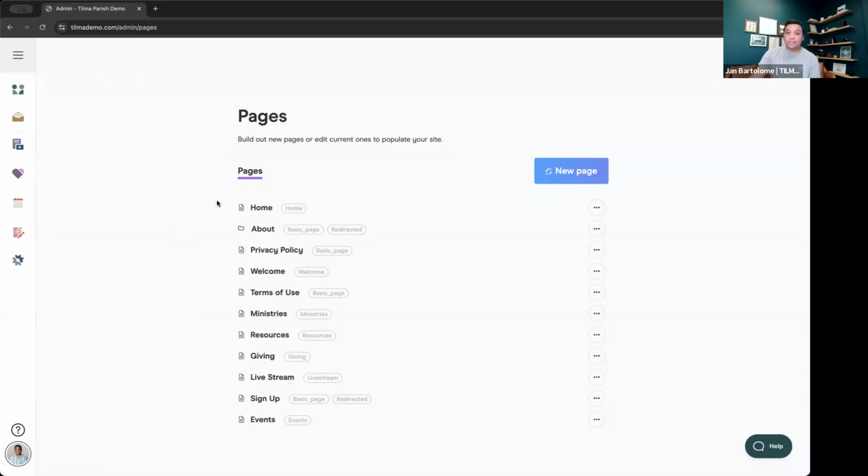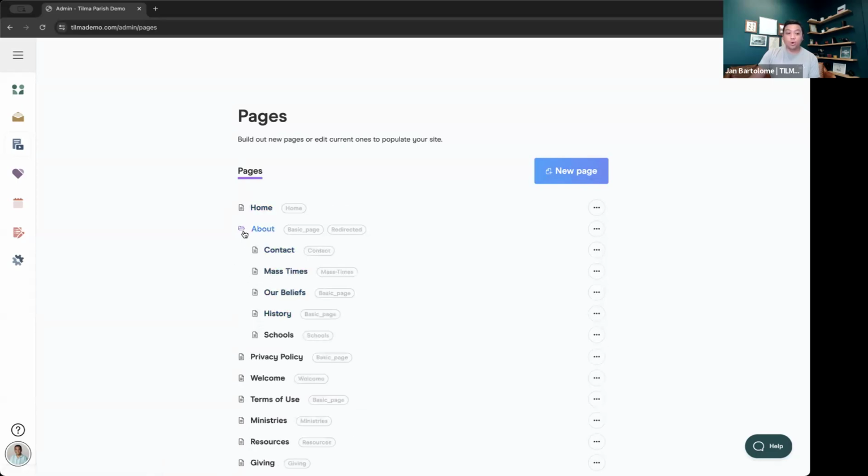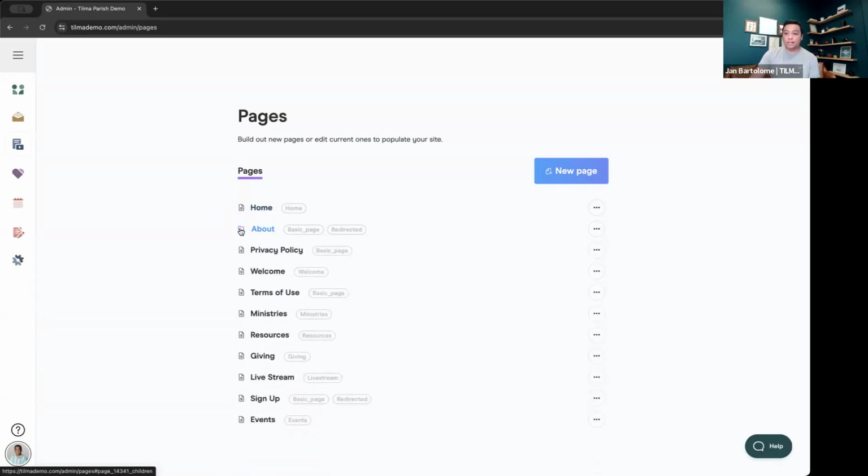A few of the things that I'd like to show on this page is, first, you have your list of pages. To create a new page, you press the button on the top right saying new page. There's a distinction between these icons. You have the paper icon as well as the folder icon. If it's a folder icon, it means that there's more pages within that. It's a parent page with other pages inside of it. So to open this folder, you just have to click the icon and that'll open it. Clicking it again will close that